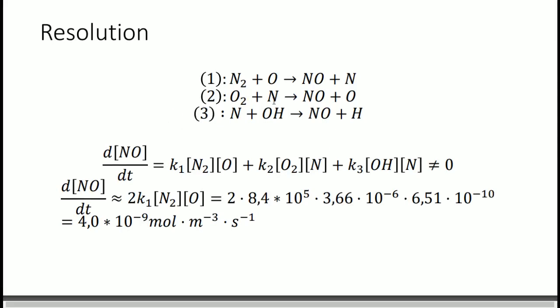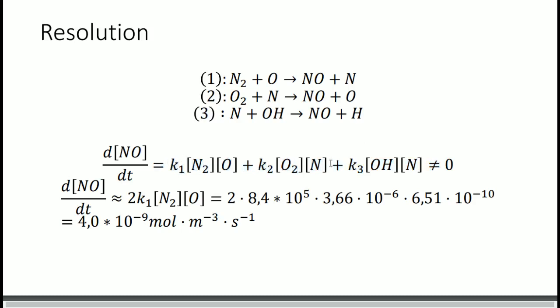So NO is produced in 1, is produced in 2, and is produced in 3. So it's the sum of all the reactions. So it's equal to all of this. What we can notice is that OH and OHN is equal to a very small amount, because OH is very rare in the field and N is very rare, even though K3 is 10 to the power 12. Because of this low concentration, this term is nearly equal to 0, and these are the main dominant terms.